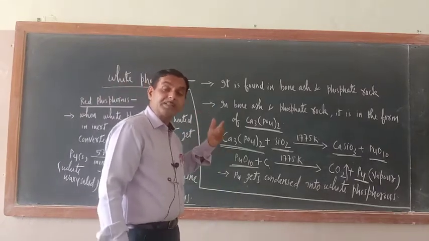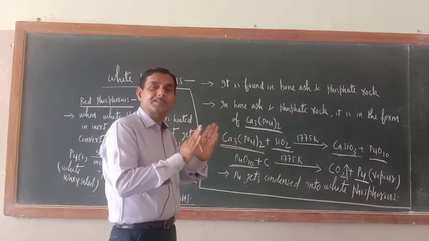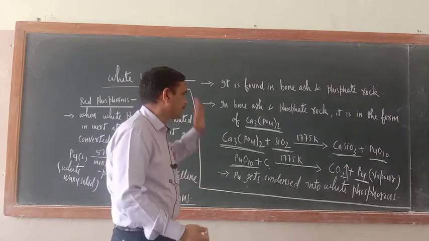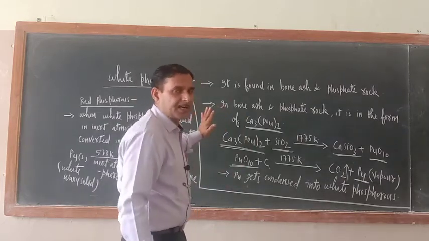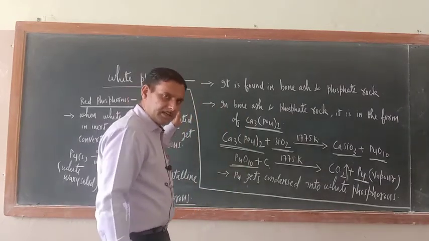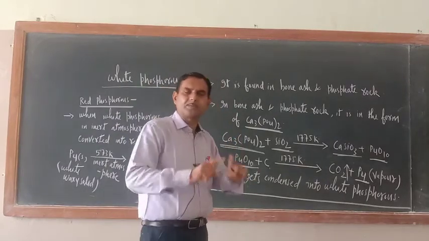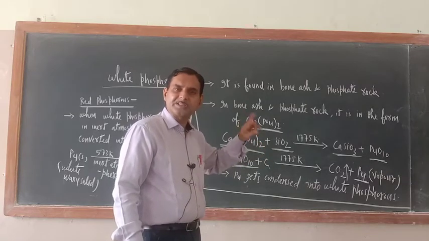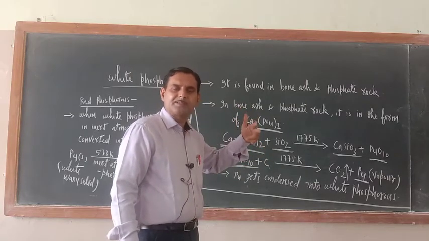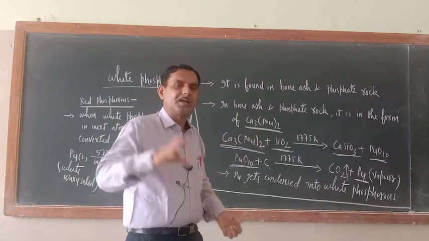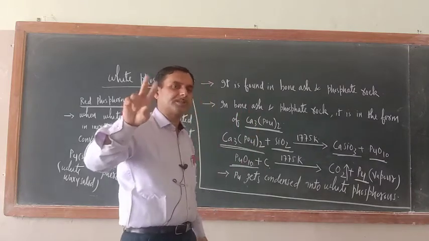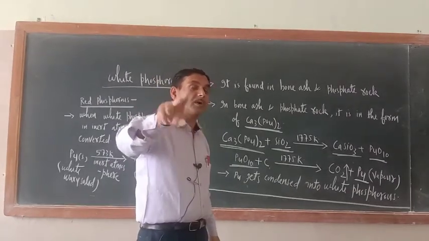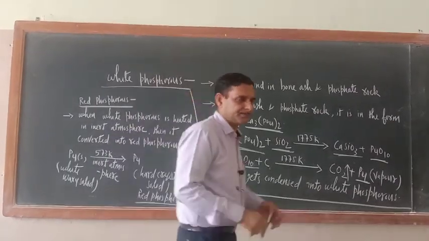Now what about the preparation of black phosphorus? Black phosphorus can be obtained from red phosphorus as well as white phosphorus. So these are the things related to white, red and black phosphorus. The most important aspect of white, red and black phosphorus is their structure, and on the basis of structure there are so many questions. Now you have written that white phosphorus is the most reactive, hence least stable. Their answer will be given on the basis of their structure only.